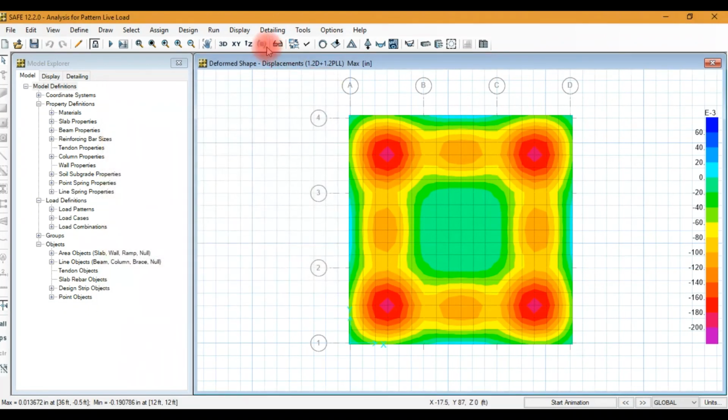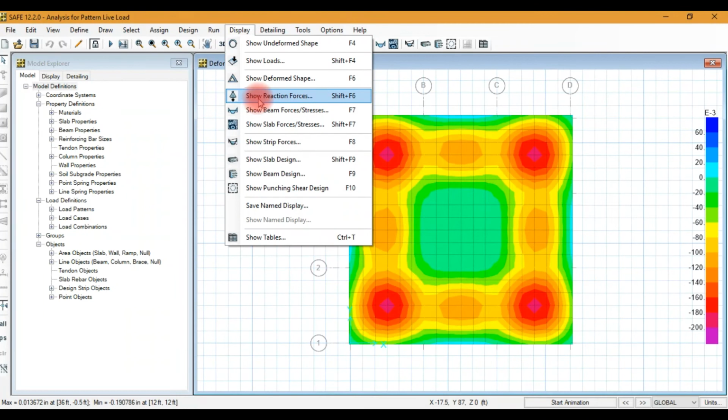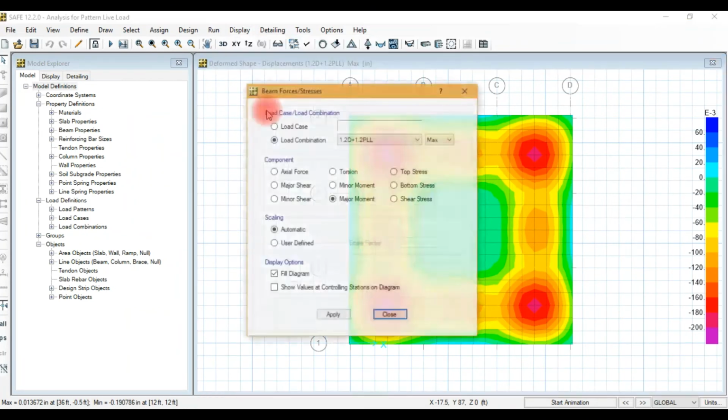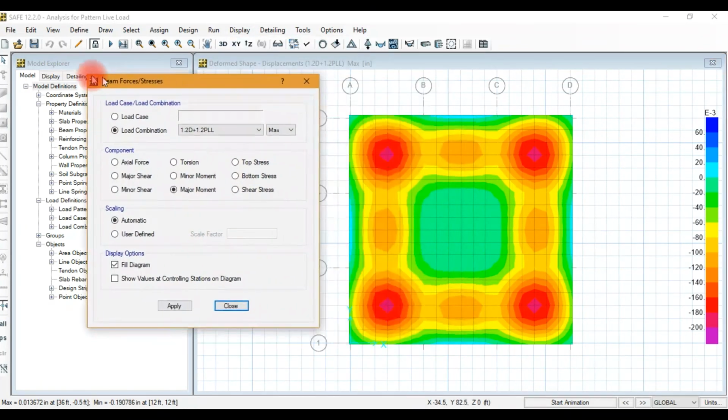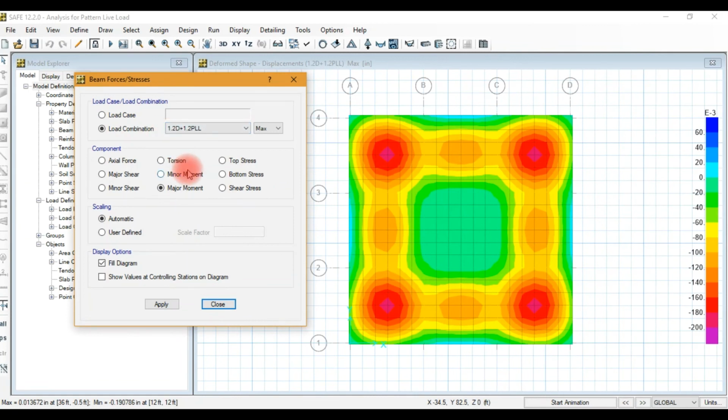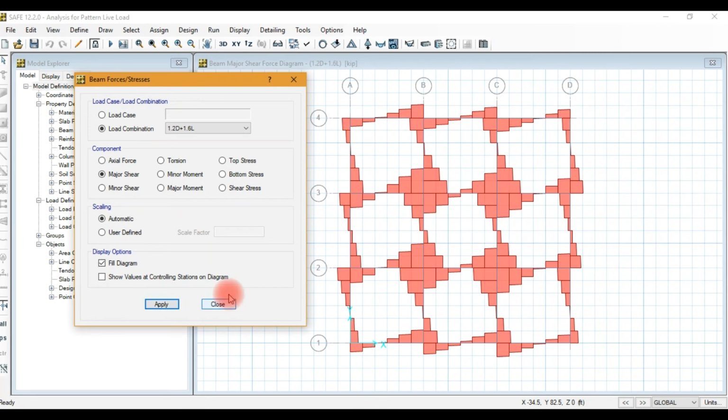Now we will check the stresses. Now we check shear stress. My major moment has been discussed earlier, so we will check major shears. Show values are controlled in section.